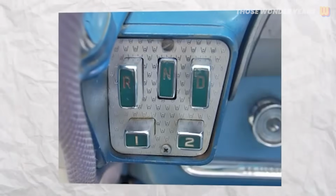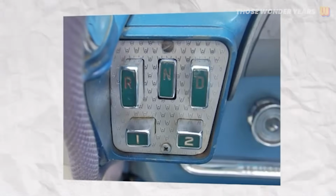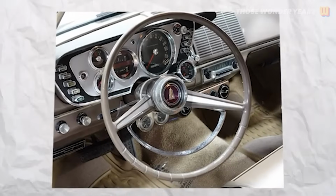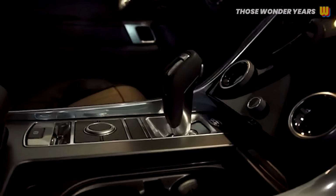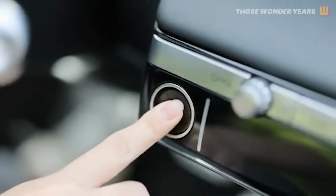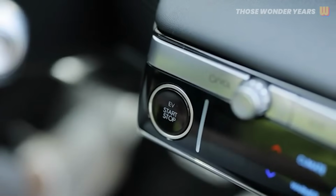as initially hoped. By the mid-1960s, most manufacturers had phased out push-button transmissions in favor of more conventional and reliable systems. However, the allure of the push-button never fully disappeared. Modern cars have reintroduced the concept with electronic gear selectors and push-button starts, proving that some ideas are simply ahead